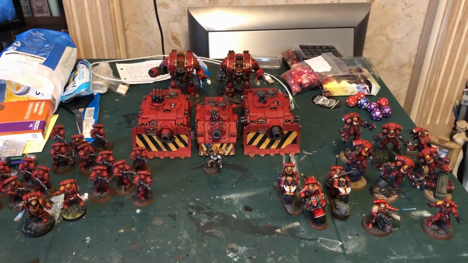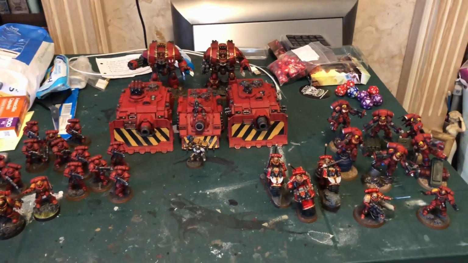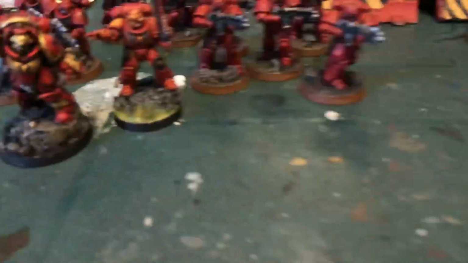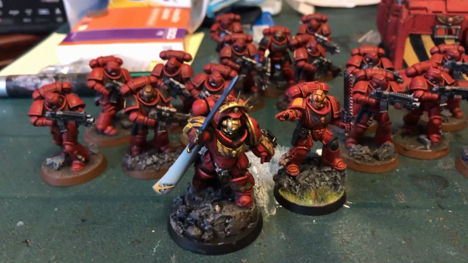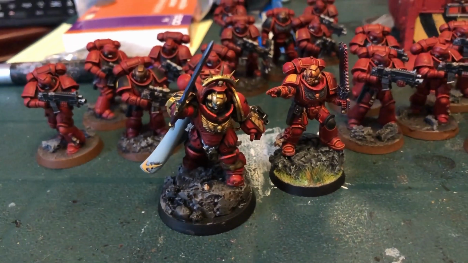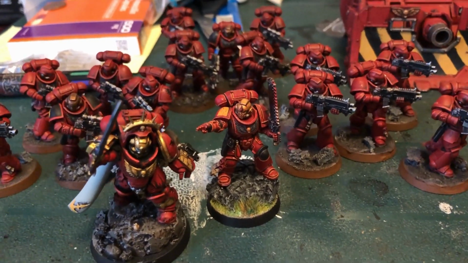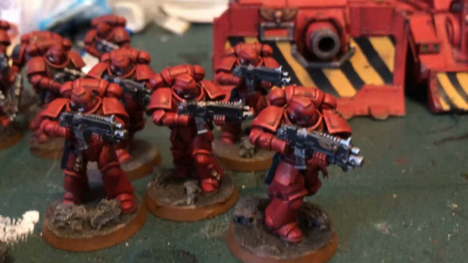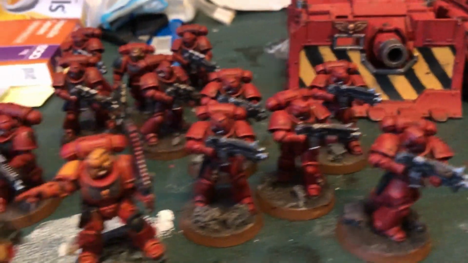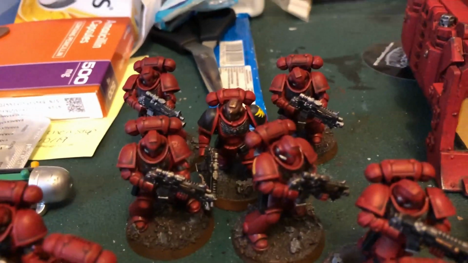Here is my 2126 points Blood Angels army. So we'll start over here with the battalion. We have a Primaris Captain in Gravis Armour, Primaris Lieutenant with Chainsword. We have a Primaris Intercessor Squad with auto rifles, another one with auto rifles, and a third one with Stalker